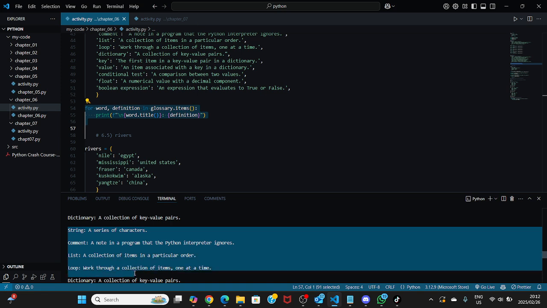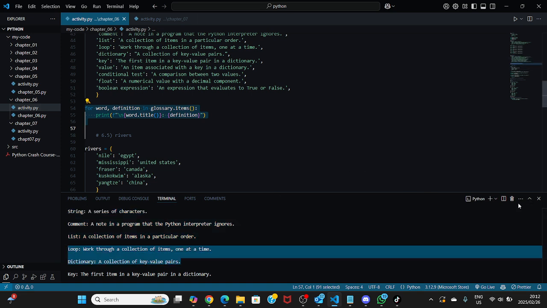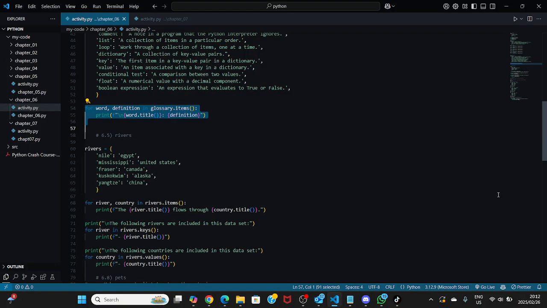Over here, as we can see, it worked. The dictionary. And then moving on, we've got